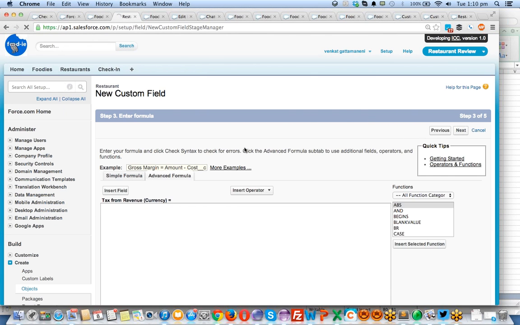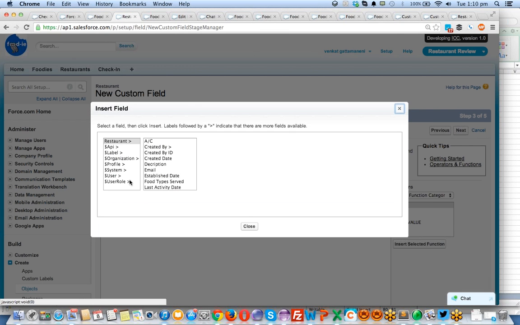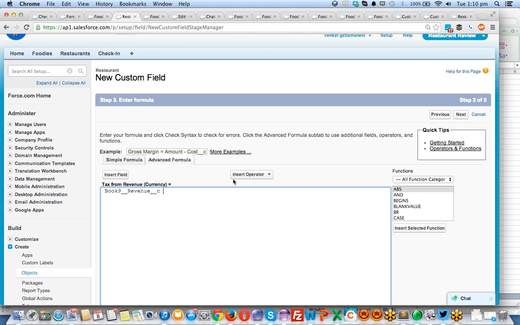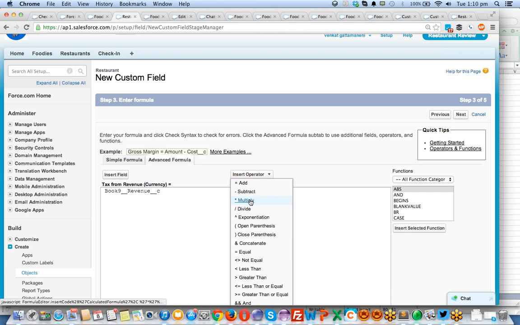What is the tax? Generally there will be a flat 30%, or for suppose a VAT tax of 12%. I can insert the field by clicking here, from... I want the revenue per month. Okay, insert field. I can insert the field like this. I can use the multiplication operator. I can directly code, but for your convenience I'm just putting the inserted operator like this, or else I can